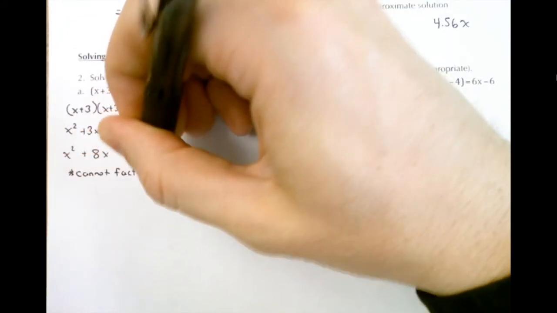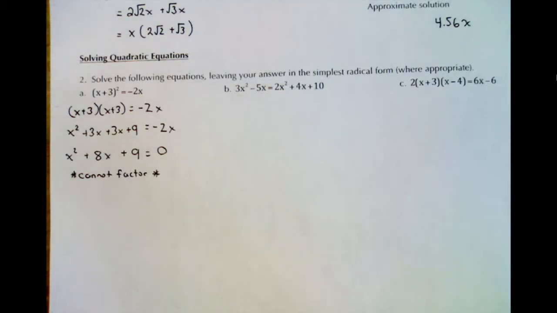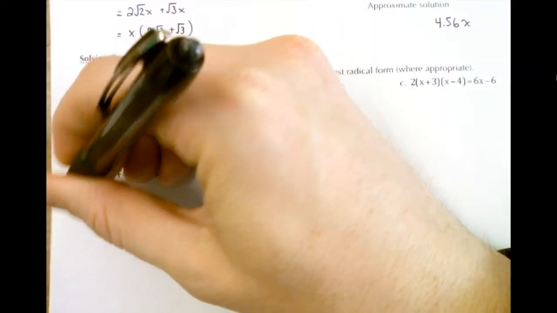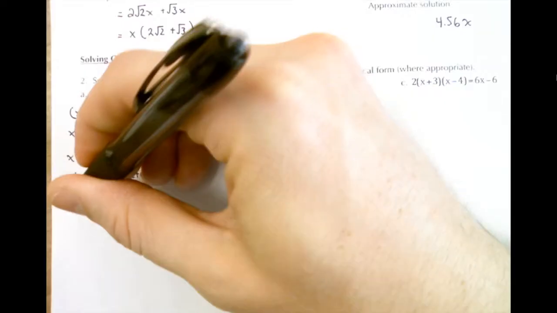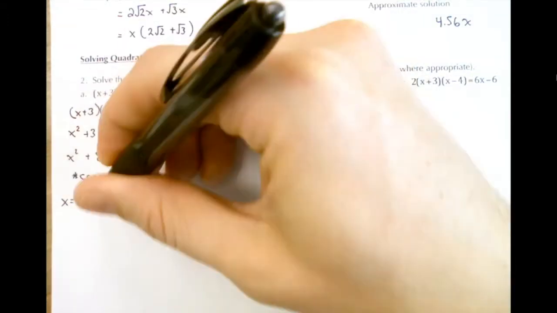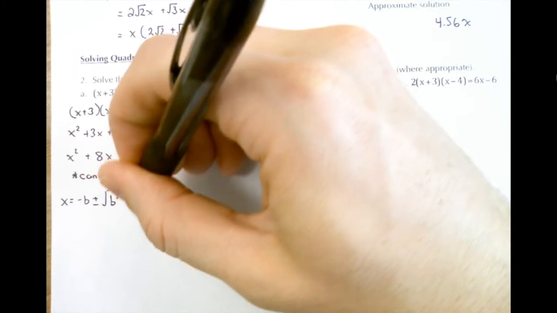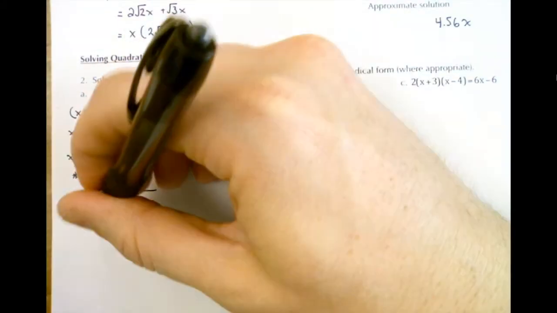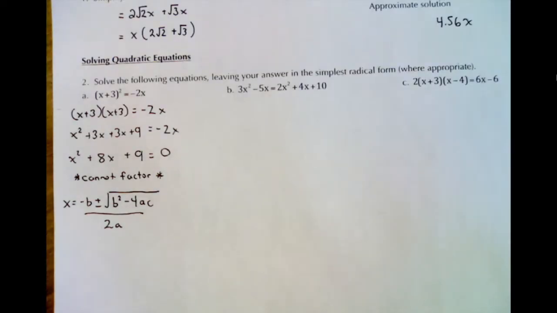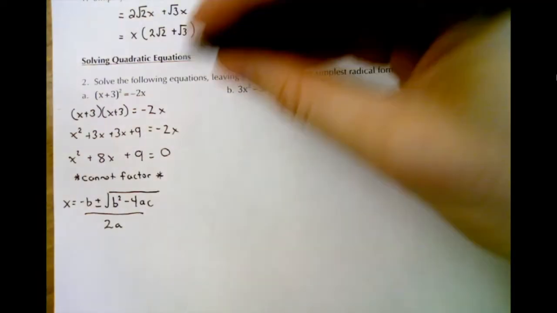If you can't factor, you have to use another strategy, and that other strategy would be the quadratic formula. So, quadratic formula: x equals negative b plus or minus the square root of b squared minus 4ac, all divided by 2a. And if we go up here and we look at what a, b, and c are, and write them